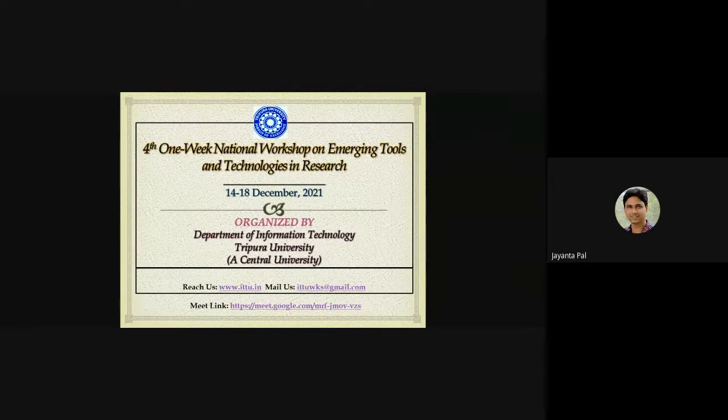This program is targeted at, and focuses on, the benefit of most of the participants, like those from social sciences, arts, all of the students, all of the participants of different backgrounds will benefit from this workshop. I mean, from this talk as well as the next talk. So this talk would be based on R programming and how to analyze the data and work with R programming.